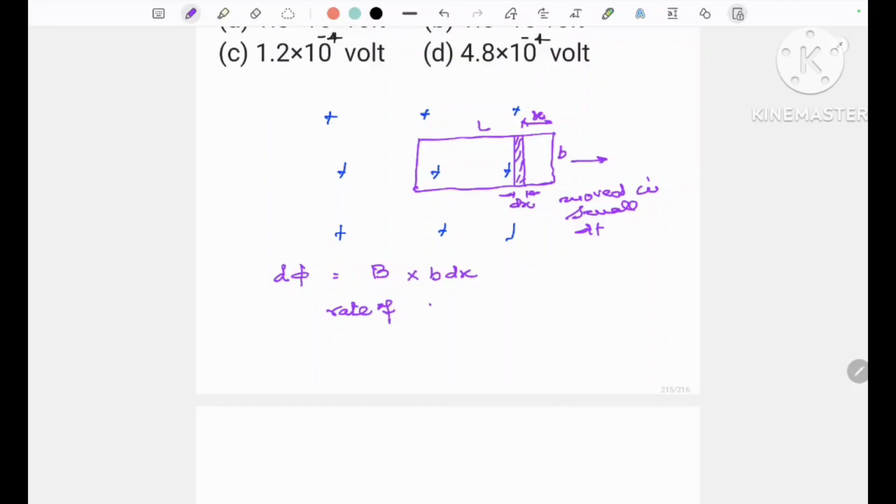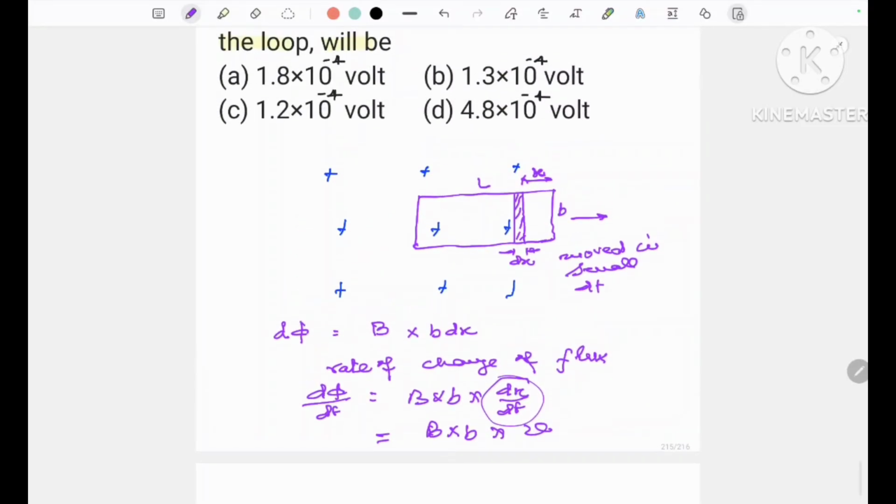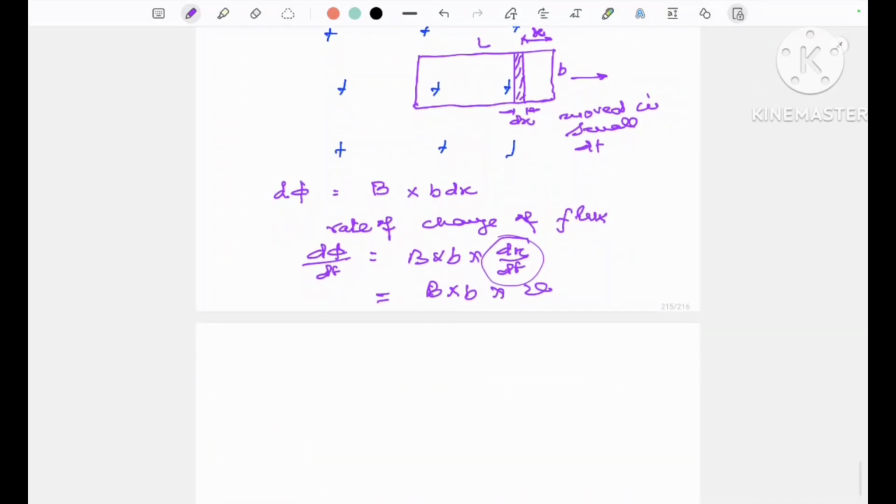Rate of change of flux d phi by dt, dt से डिवाइड कर दिया हमने, b into B into dx by dt, and this dx by dt is v, velocity, the speed of this loop. d phi by dt is e, इसका माइनस is d phi by dt. Induced EMF